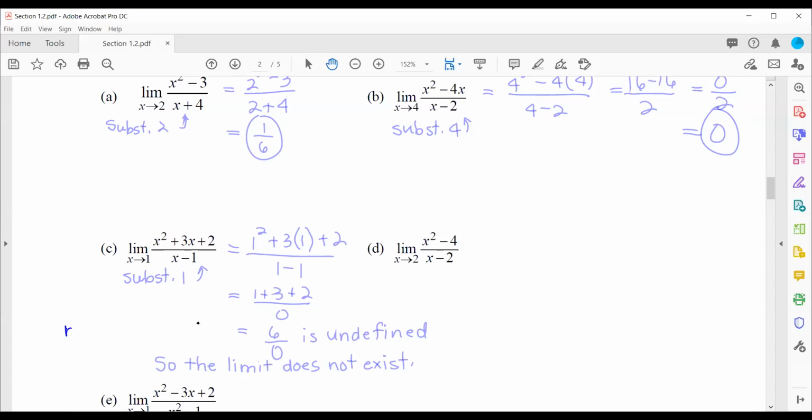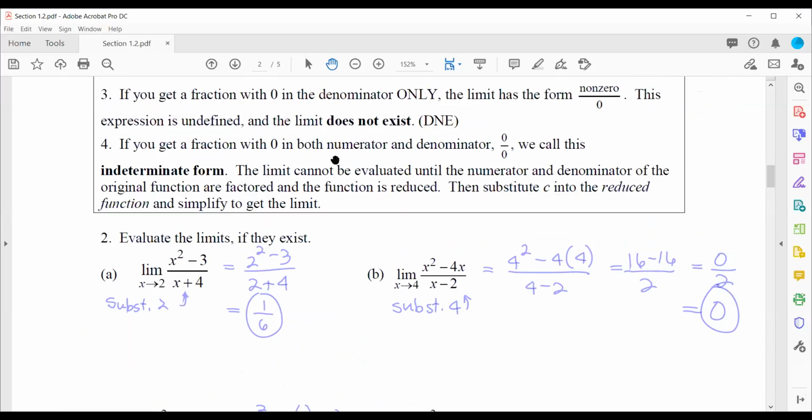But this is the case where we had a non-zero number divided by 0. That is just flat out undefined, nothing else to do with it. The limit does not exist. In the case where you get a 0 both in the numerator and the denominator, and that's up here,